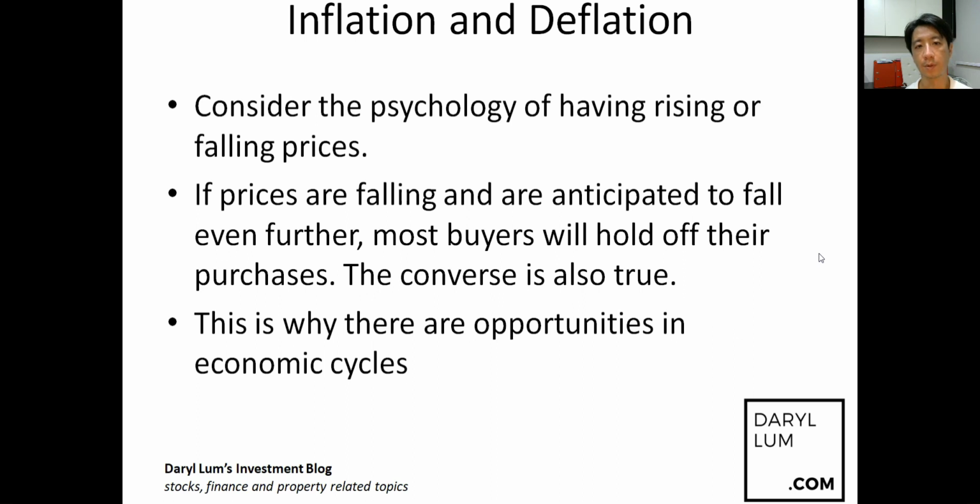But because of how inflation and deflation works, and psychologically, buyers and sellers out there, we tend to overdo things. This is just human nature. There are always opportunities in economic cycles. So you can always see that some people are constantly making money in the stock market or the property market, and some people tend to find it very difficult. And what they do is that they go for many courses, and they attend many lessons, and then they go for many seminars, but yet they can't make money in the property or stock market.